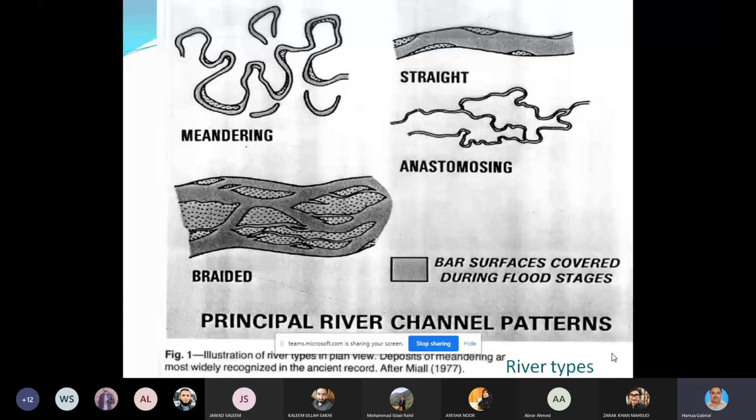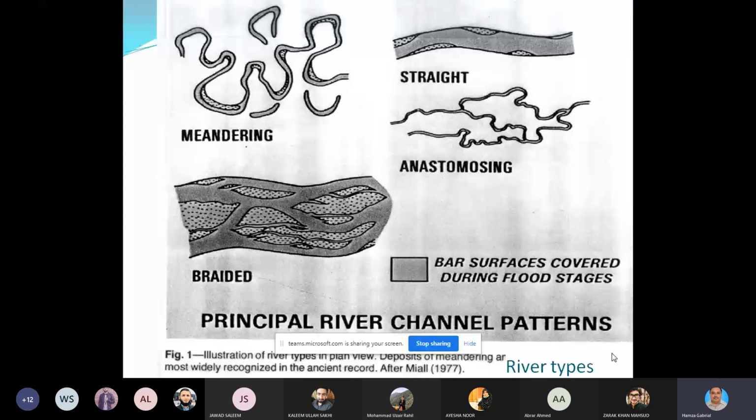So the river forms some principal channel patterns which we have discussed, like the meandering pattern, and very rarely it follows a straight reach, or it forms a braiding pattern, or it forms the anastomosing pattern, which is illustrated in some of the rivers. So these types are the principal river channel patterns which various rivers exhibit.